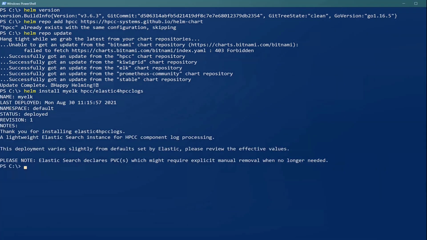We'll call our deployment myelk, and we reference the Elastic for HPCC logs chart in the HPCC repo we recently added. This deploys the Elastic Stack instance, which is comprised of several components, which includes FileBeats, which performs the actual capturing and forwarding of the log data from the pods to Elasticsearch, which is the data store, and Kibana is